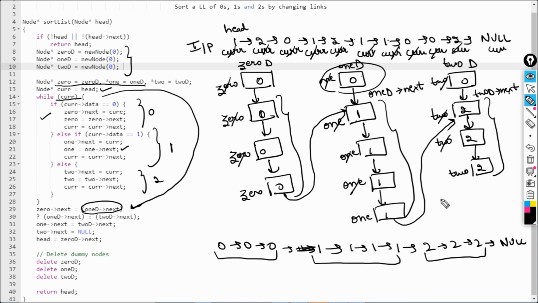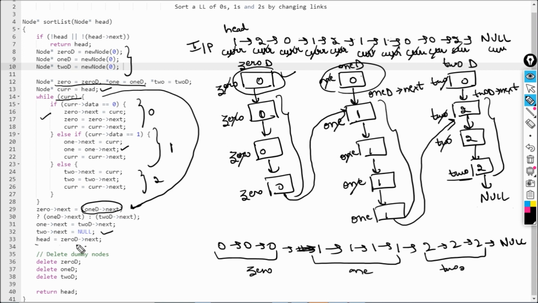And as discussed before, I need to connect this with null, right? This is 0, this is 1, and this is 2, and now I need to connect this 2 with null, so just connect it with null, and we have done this thing in this statement, right? 2's next is equal to null, this is 2 and its next is null now, right? Okay, so after that we are doing head is equal to 0D's next. So do we need this 0 as well? No, we don't need this 0, right?